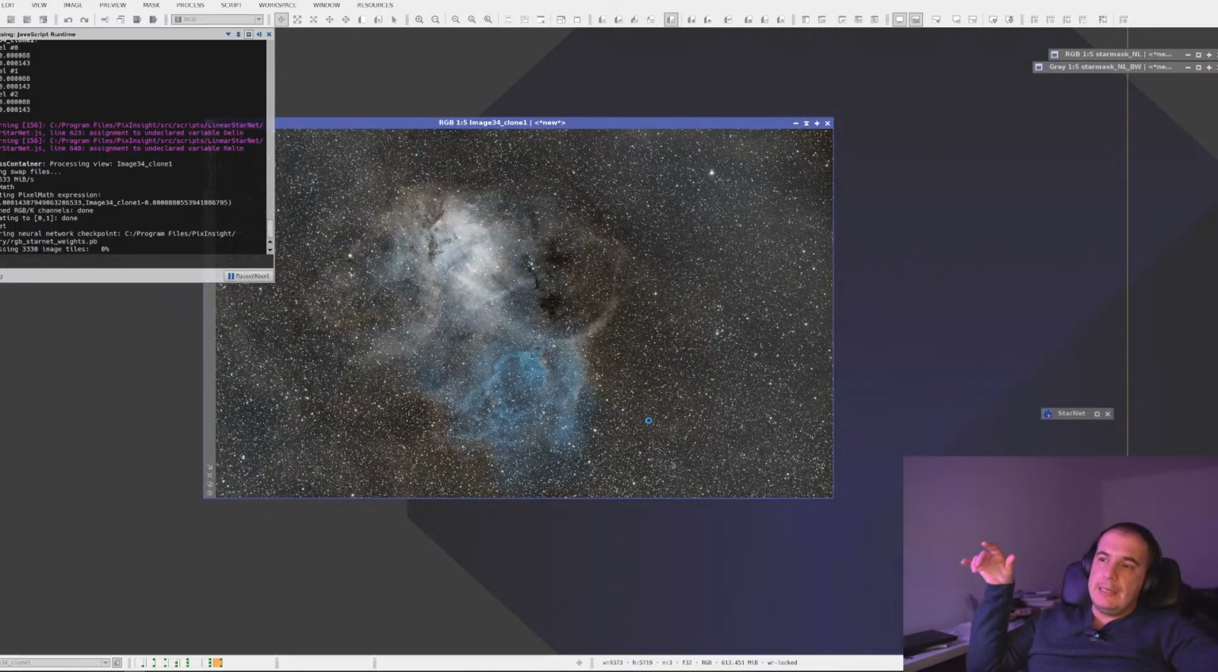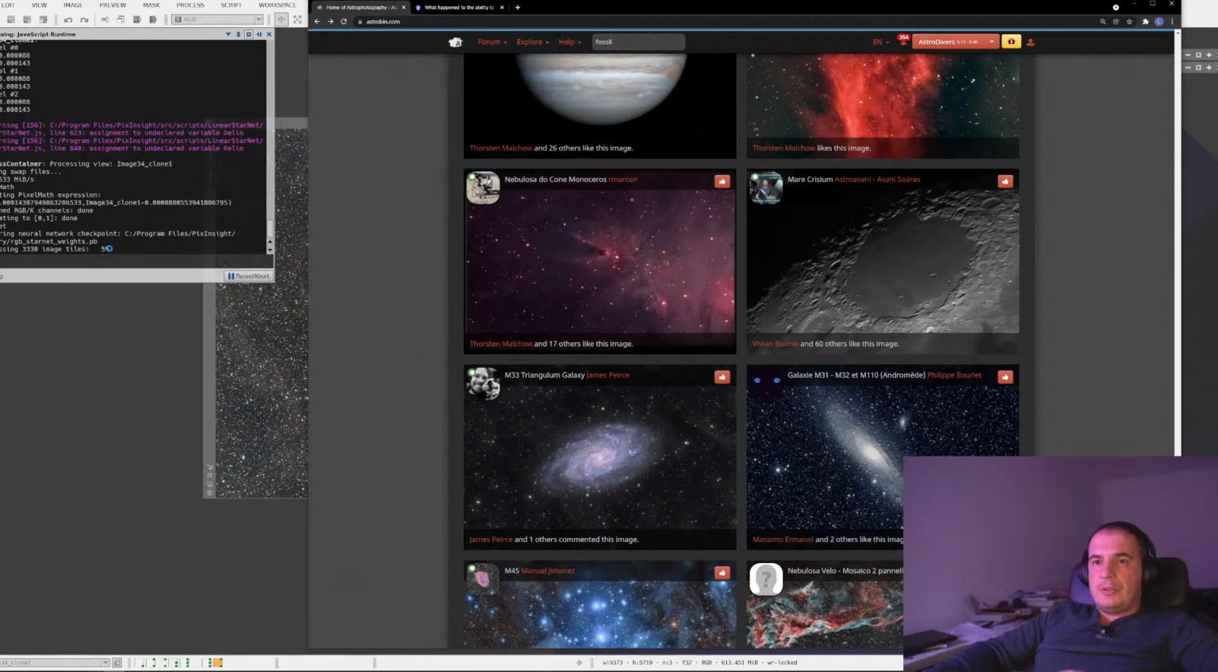And in this way, I will have a starless image in a linear phase, which will be much better to, let's say, enhance the detail and have this core nebula popping off. So this also will take some time. So in the meantime, I want to check some more